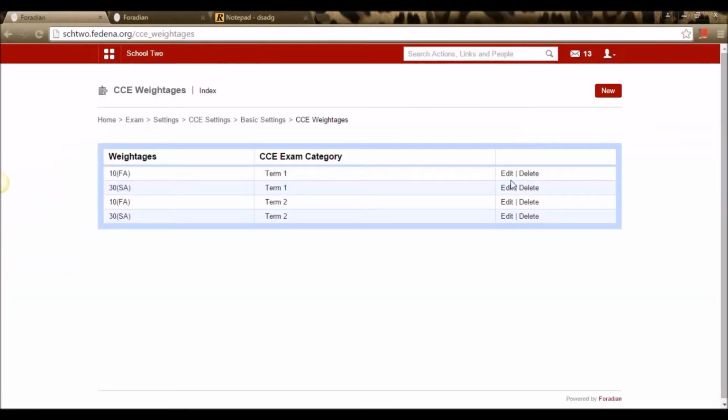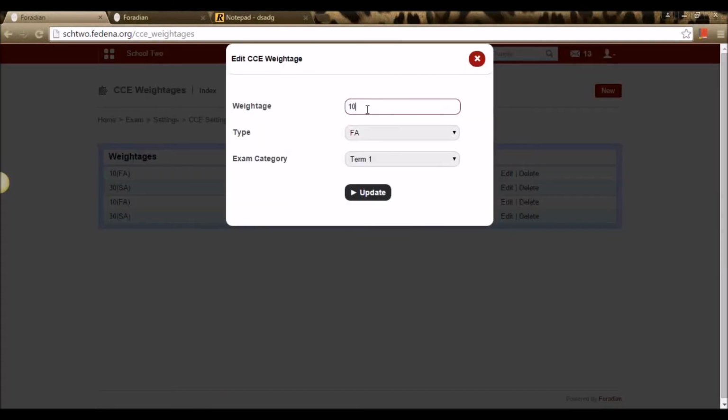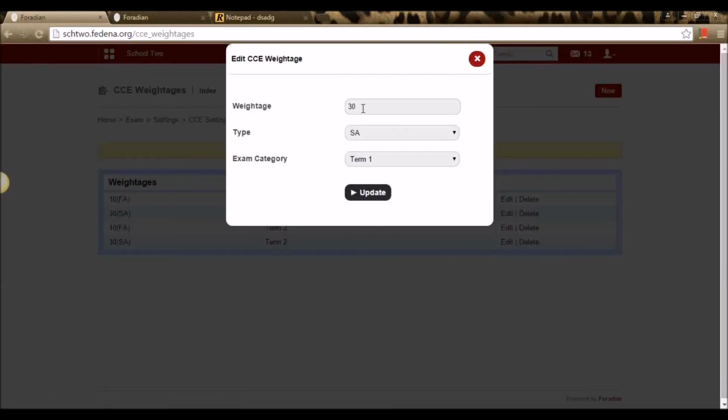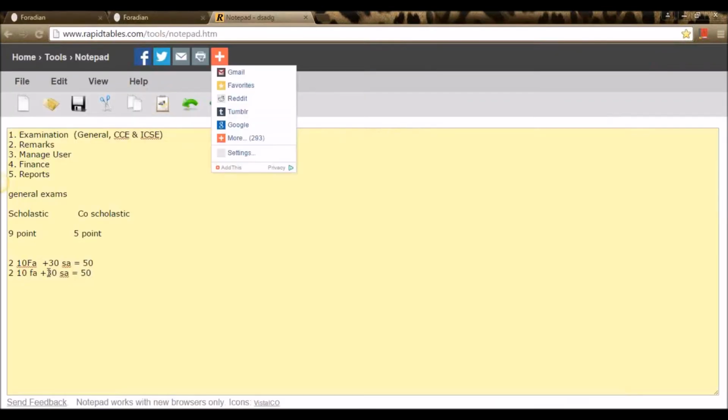So right now we need to create it here as 10 weightage for type FA for the exam category term 1, and 30 weightage for SA for exam category term 1.